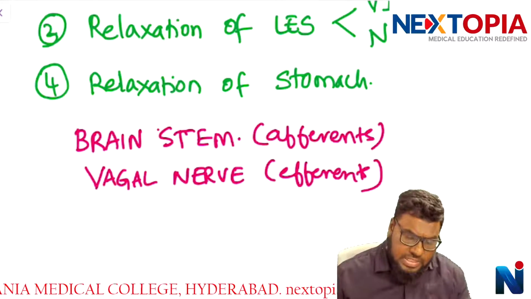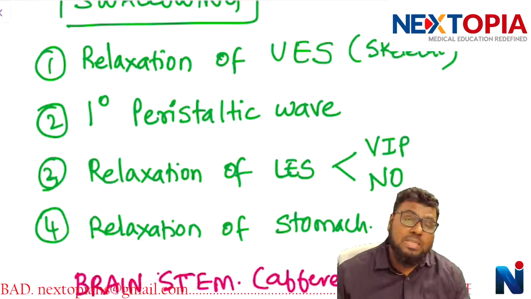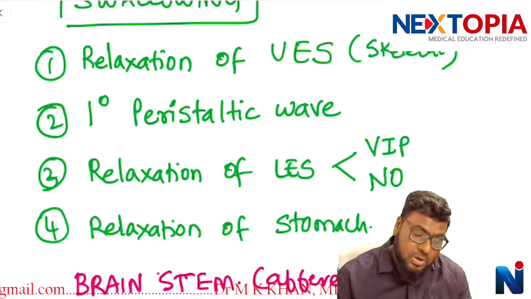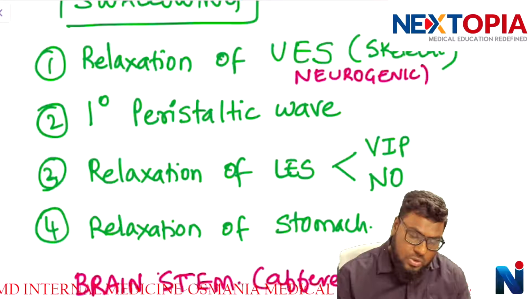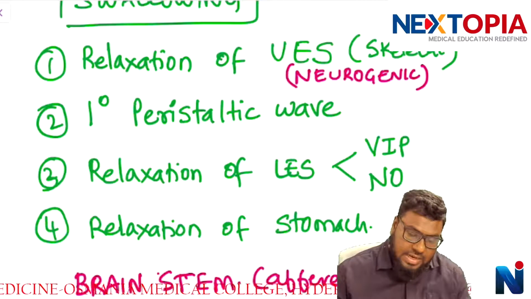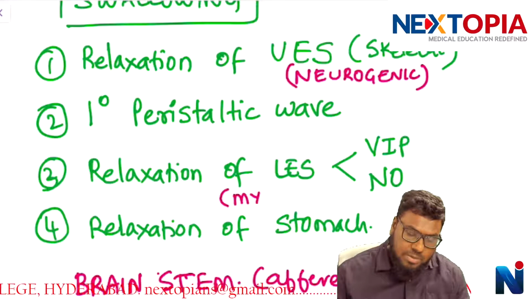So relaxation of the upper esophageal sphincter, which is skeletal muscle, is purely a neurogenic reaction, under neurogenic control, whereas the relaxation of the lower esophageal sphincter, which is made up of smooth muscle, is purely a myogenic